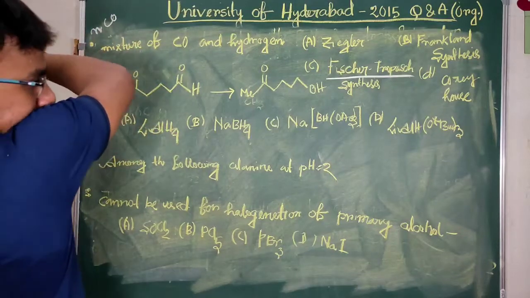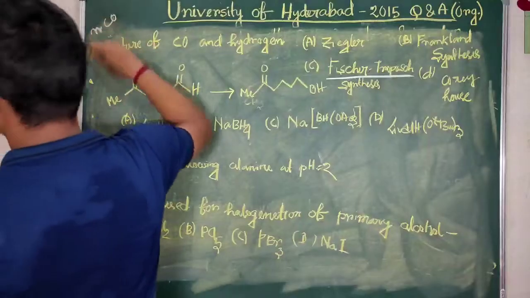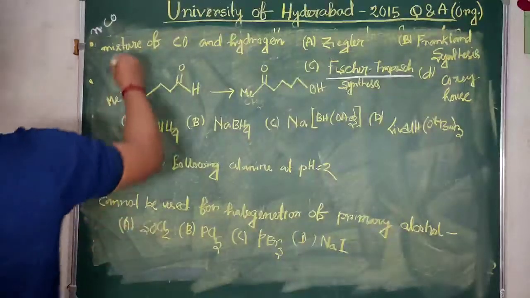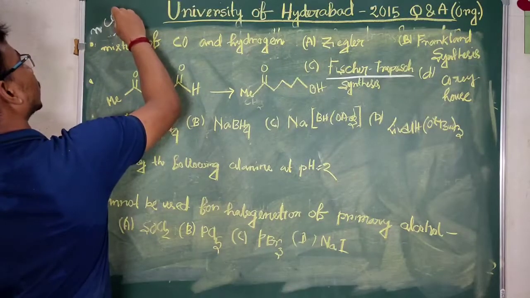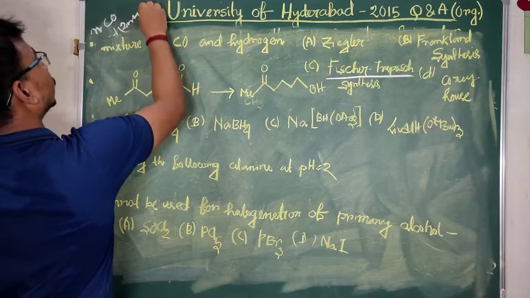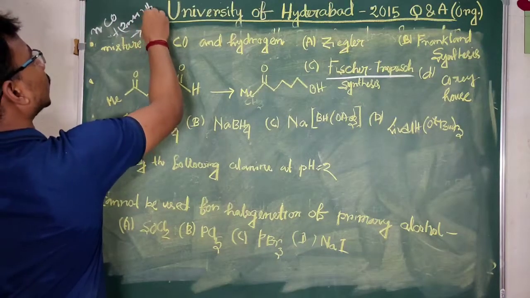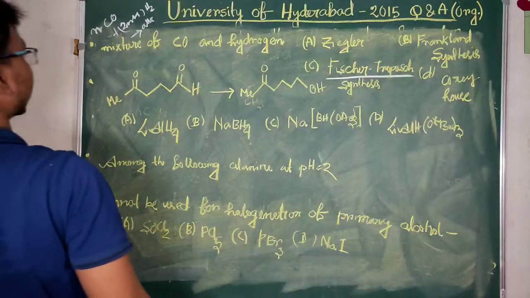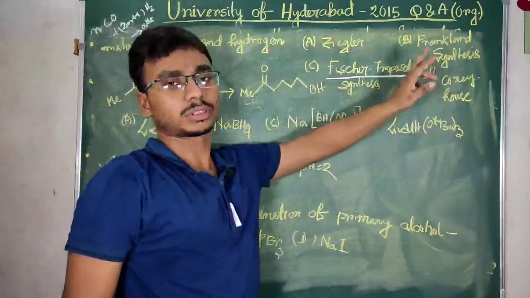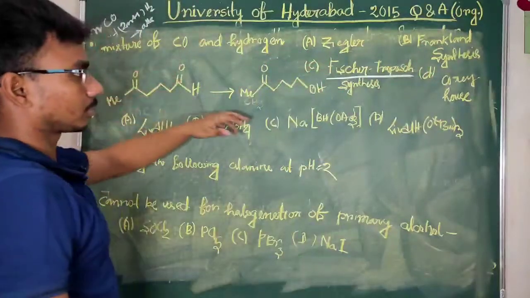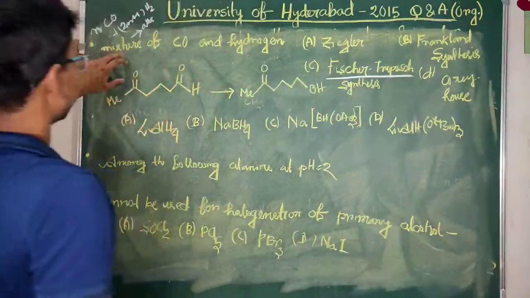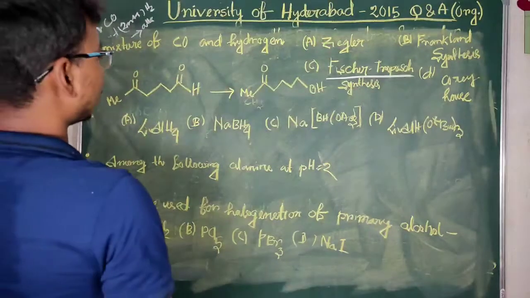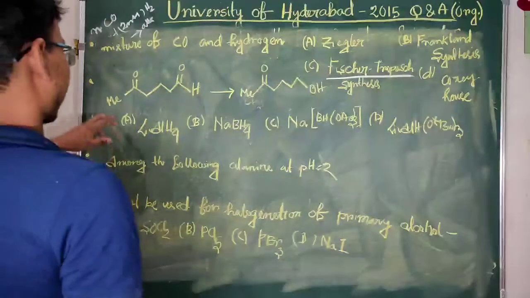Okay, or you can use (2n+1) H2 along with it, and it will give alkane, okay, alkane and water. So the answer is Fischer-Tropsch. It is not very well known, but you have to remember this mixture of CO and hydrogen. Okay, we will go to our next question.